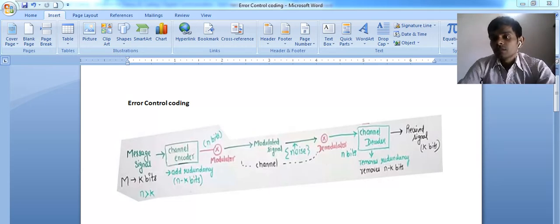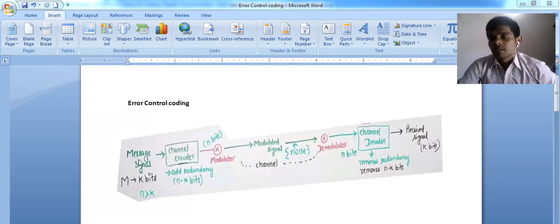We are adding a few parity bits. We modulate our signals and send the signals. Channel noise is added to your message, and a lot of functions are involved when we are sending a message. This is the diagram with the help of which we can understand.